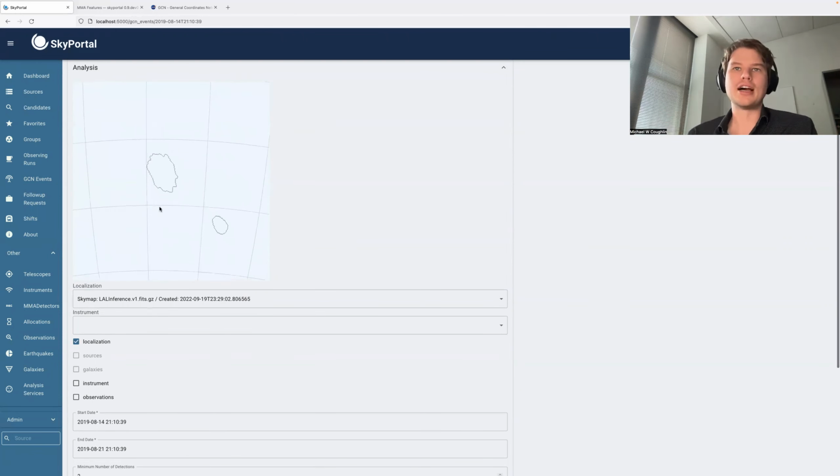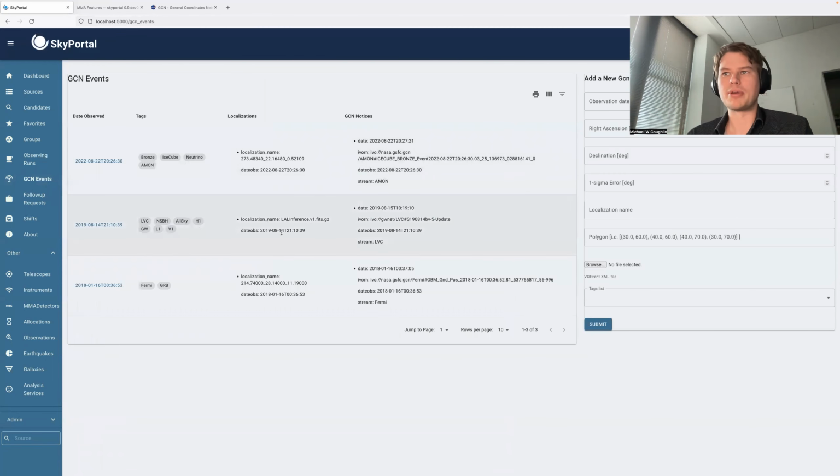It's one of these sky maps that gives you information about the probability region, i.e. the event must have occurred within, in this case, these 2 nodes. So if we go back to the GCN event page, we can look at this add a GCN